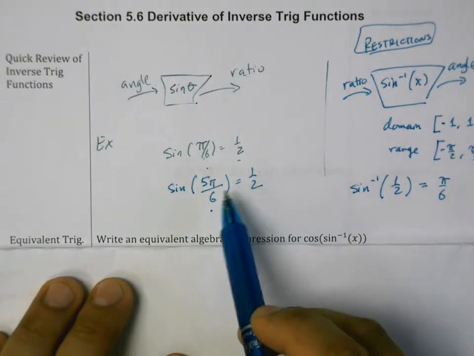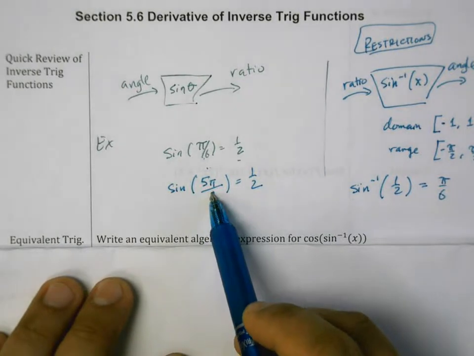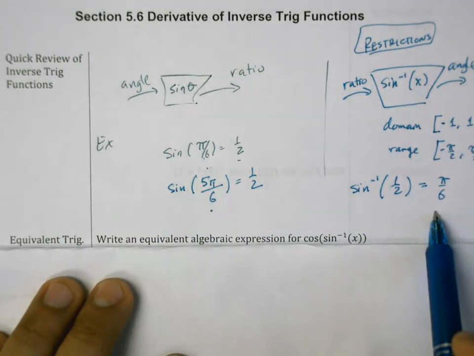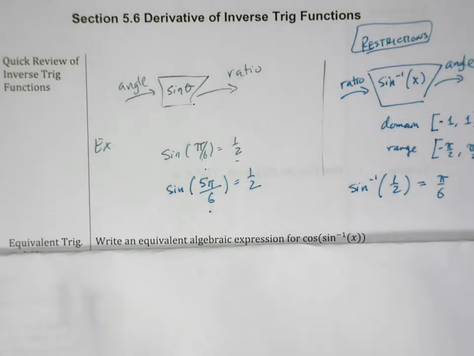If we were to get both of these results, pi over 6 and 5 pi over 6, then that means sine inverse would not be a function. Okay, so that was a very brief and brisk review on inverse trig functions, and in fact I only talked about the sine function. If you're not familiar or you have a hard time remembering, I suggest you look at some of the older notes in pre-calculus. Now I'm going to move onwards with the calculus of the day, which is finding the derivative